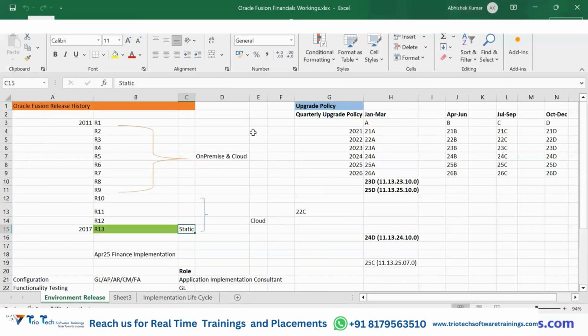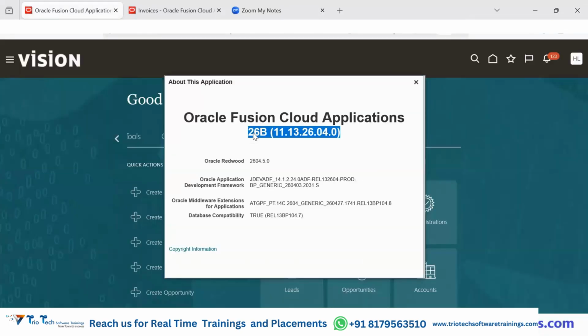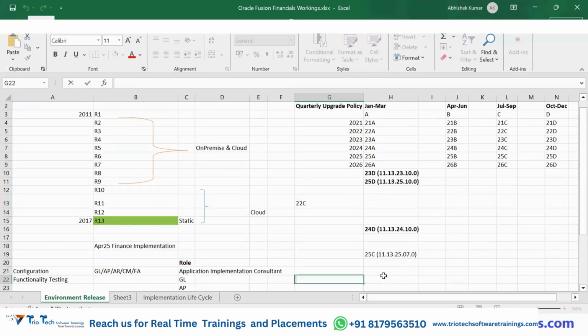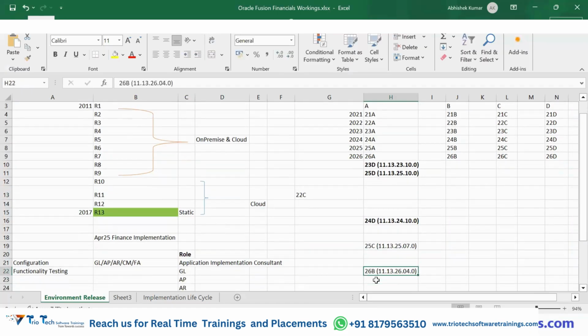Let me move a page before here. Let me copy this information and write it here. Okay. Let me delete this one. All right. 26B. Now, what happens is Oracle follows